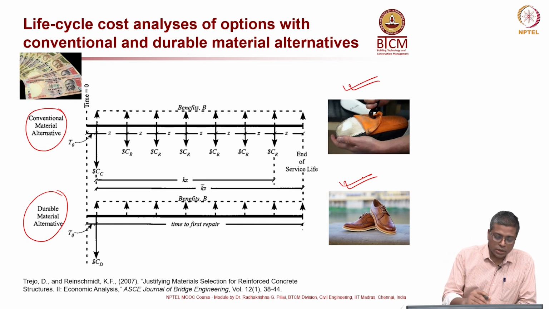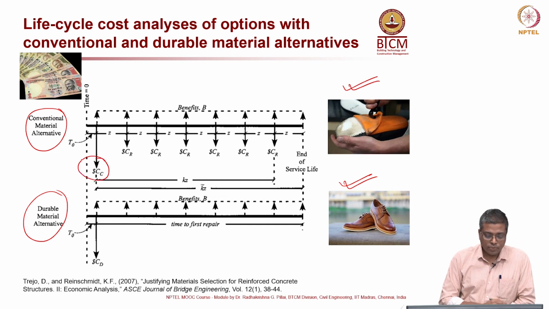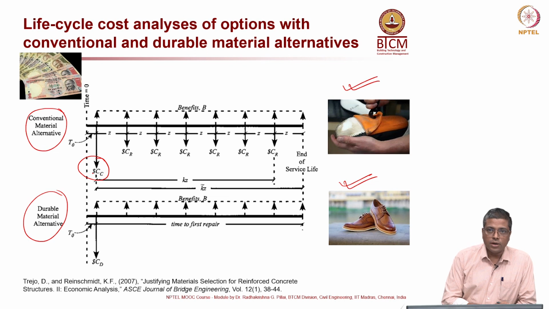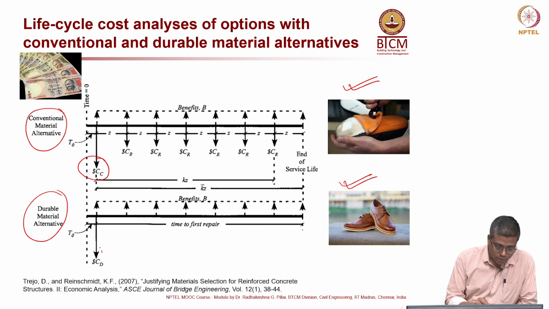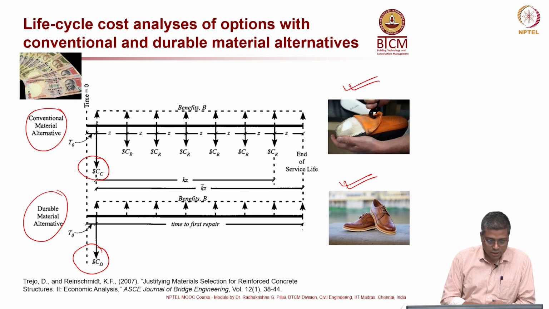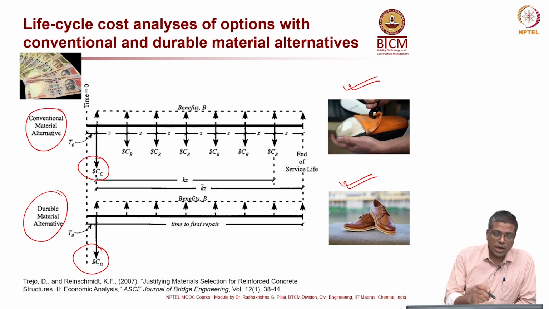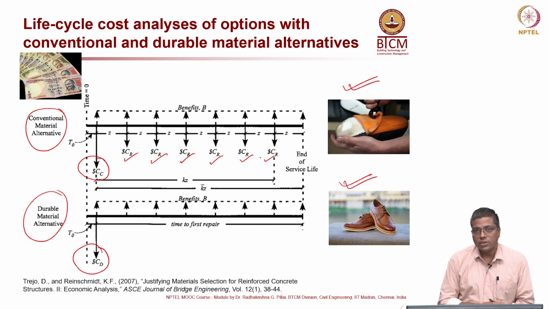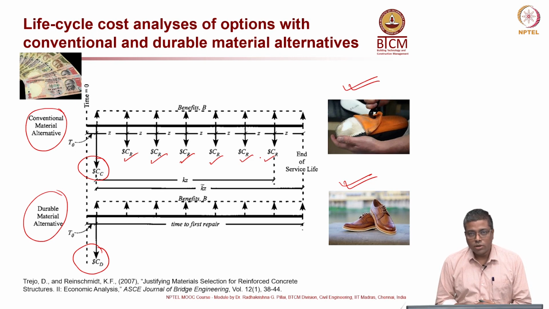Okay. Now, look at the top half of the graph where you have a CC, or you can say construction cost, with respect to a conventional material. The subscript is for conventional material, and the bottom one is for durable material. The subscript D is for durable. Now, in case of conventional material, there are 1, 2, 3, 4, 5, 6 times repair has to be done. Or for example, in case of a shoe, if the shoe is not of good quality,